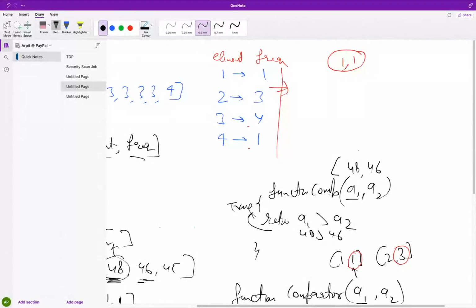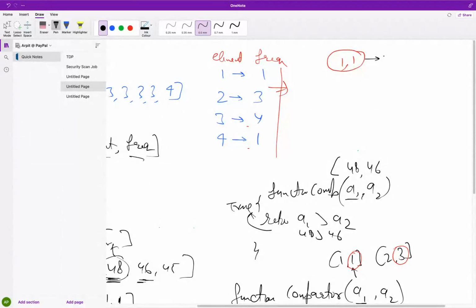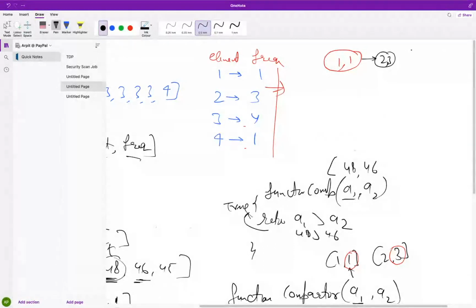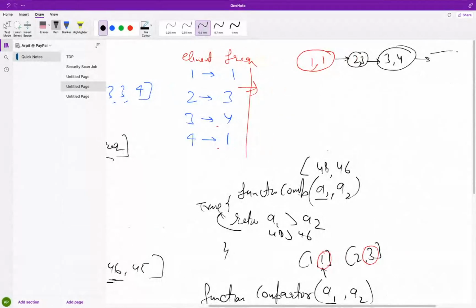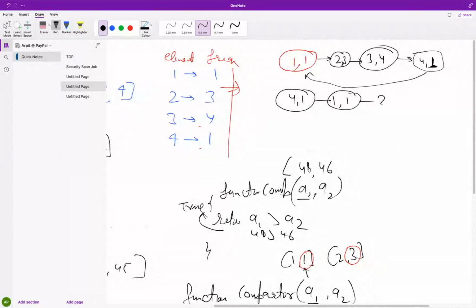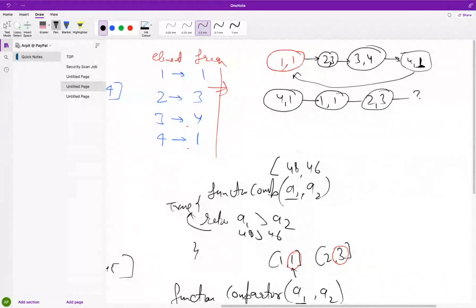Because this is the min heap, the first element will always be the minimum. So 2 comma 3 will come here. Then 3 comma 4. I am checking, guys, only the frequency. Then 4 comma 1. But you can see its frequency is smaller, so it will be reaching here. 4 comma 1, then 1 comma 1, then 2 comma 3, and then 3 comma 4. This would be our min heap,